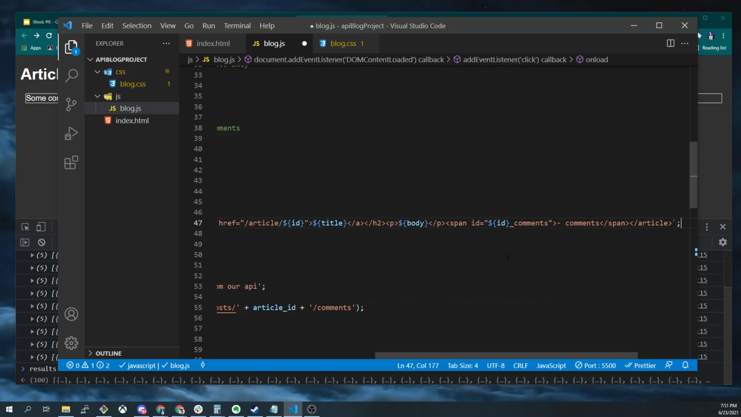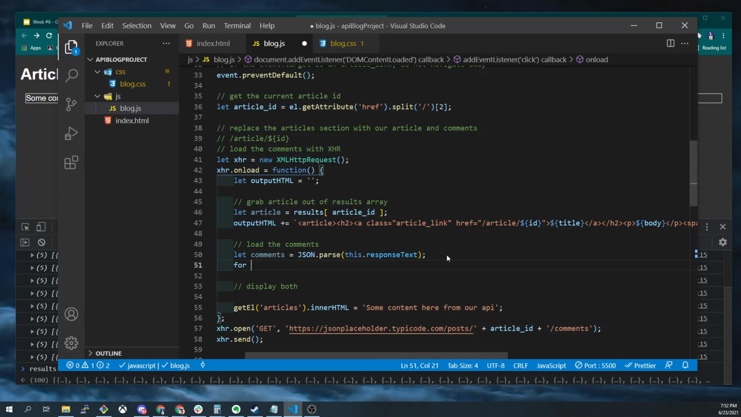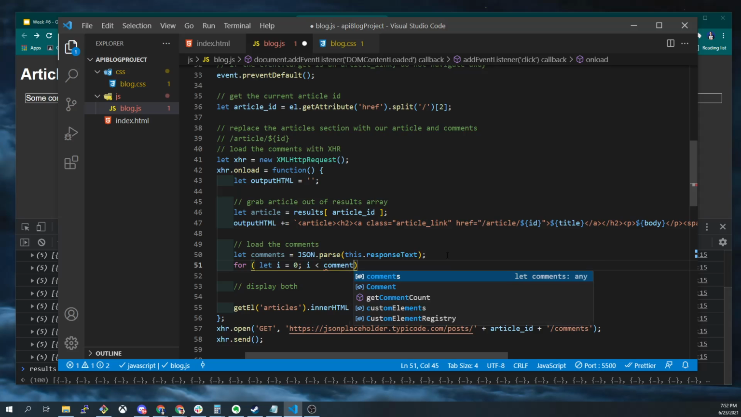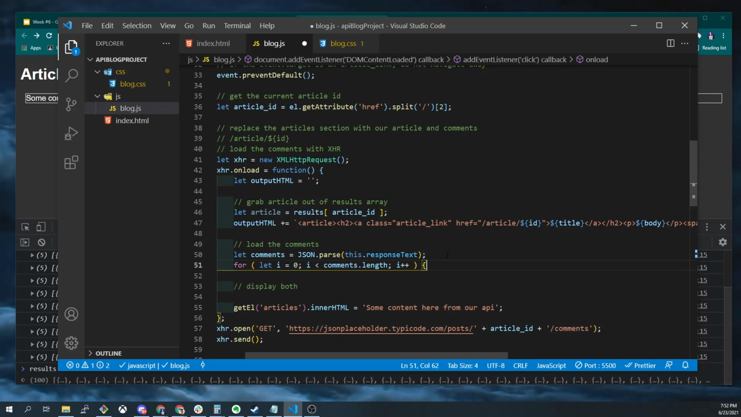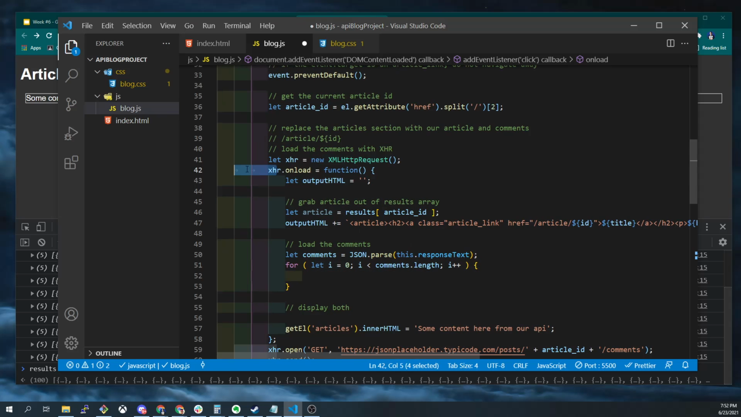So as we've got these comments, this is an array, and so we're going to want to loop through this. So we'll say for (let i = 0; i < comments.length; i++). Okay. So now this is going to loop through every comment that was returned back in our XHR. And then we're just going to build onto the outputHTML. So let's just test this out. outputHTML plus equals,